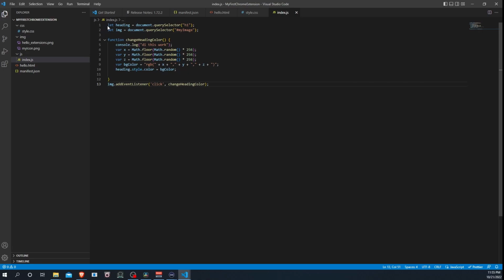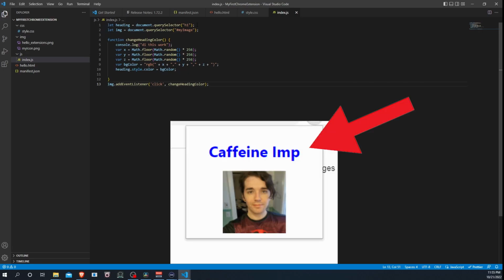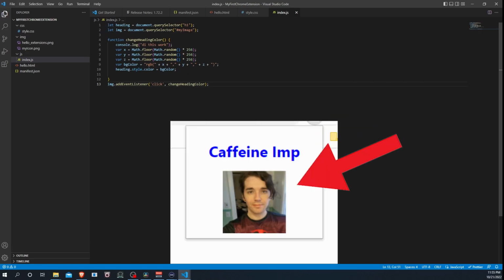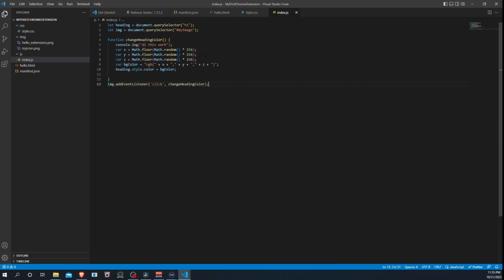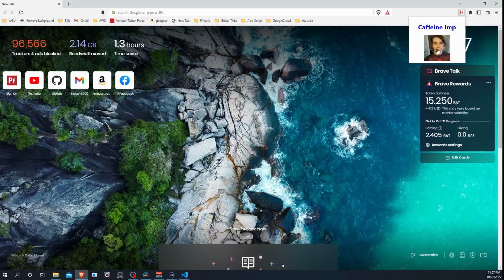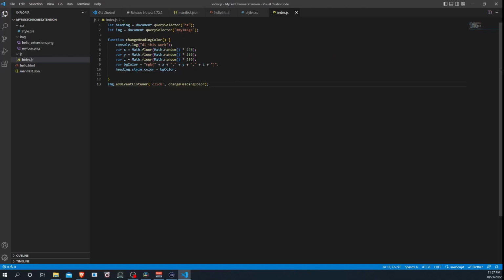it just consists of storing the heading into a variable, which is the h1 element, the image, which is the image with the ID of my image, and a change heading color function, which generates a random RGB color value and assigns that to the heading's color. And this right here just means that when our image is clicked, use this function here to assign a random